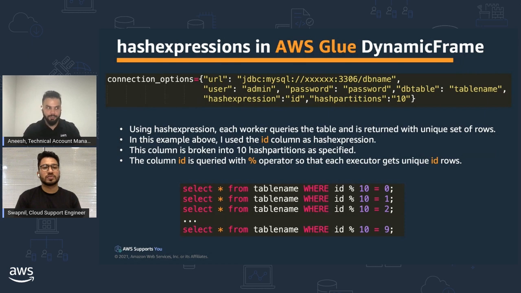In the sample code, I'm specifying my JDBC URL, my user, password, and the table name. So this is how the default reads happen. But more importantly, we can see I'm specifying my hash expression as ID and my hash partition as 10. ID is my column in my JDBC data store. It is a numerical column with an auto-incremental value. And hash partition I'm specifying as 10, meaning that I want my job to make 10 connections to the data store